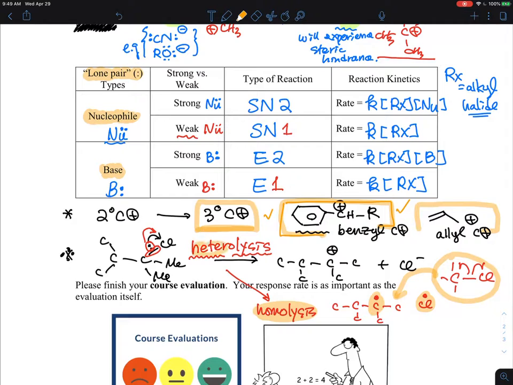So this is heterolysis, and you want to be familiar with this term too. That is actually related to the E1 or E2 reaction, right? So here I show the E1 as a reaction. Okay, so let me stop the